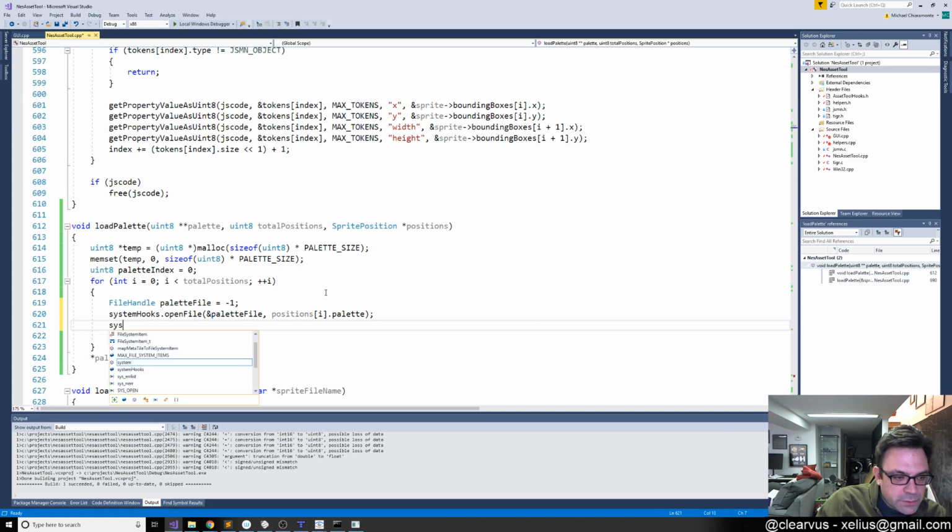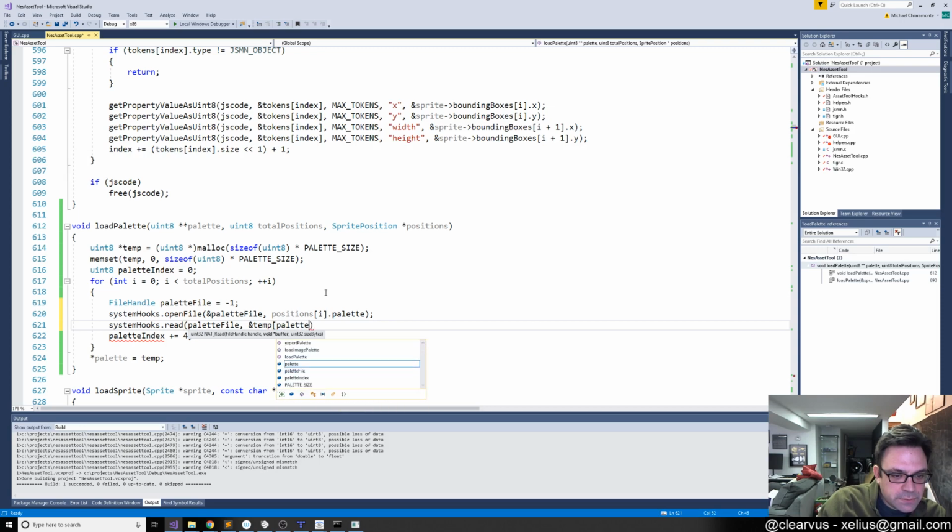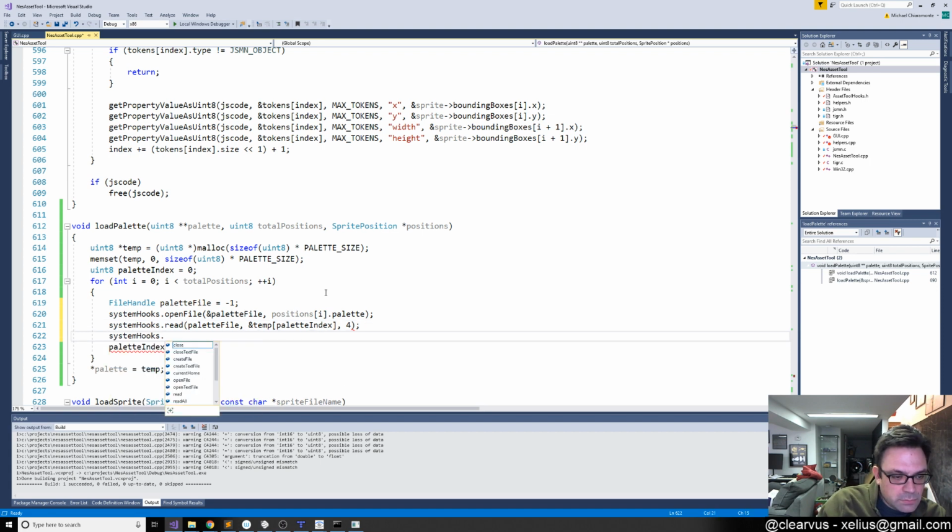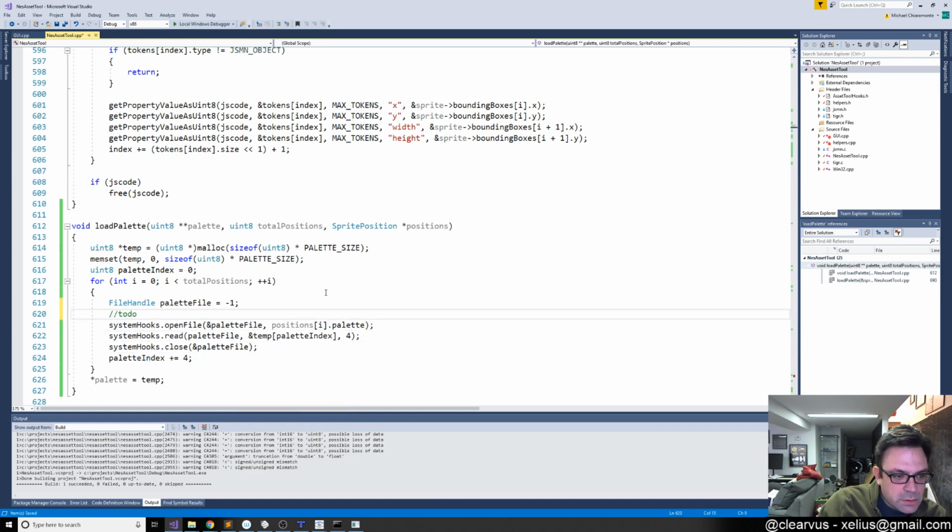And then we're going to read the pallet file into the address of temp I, pallet index, 4 bytes. And then we're going to close the file. We're going to add a note here, check that file actually opens properly, and that will give us